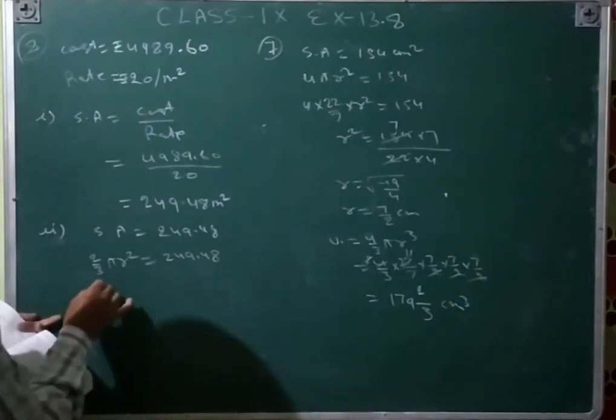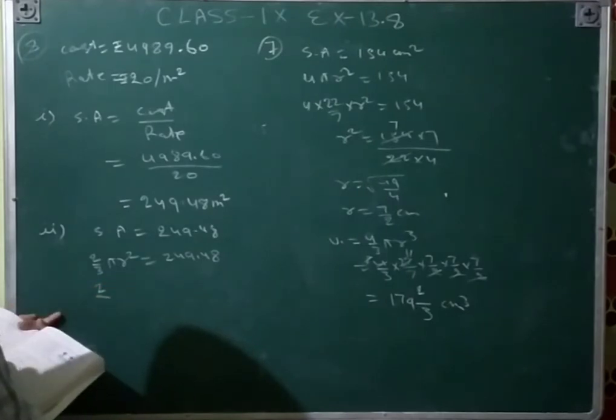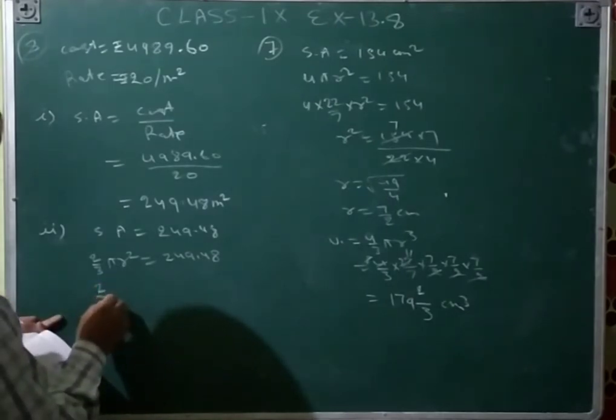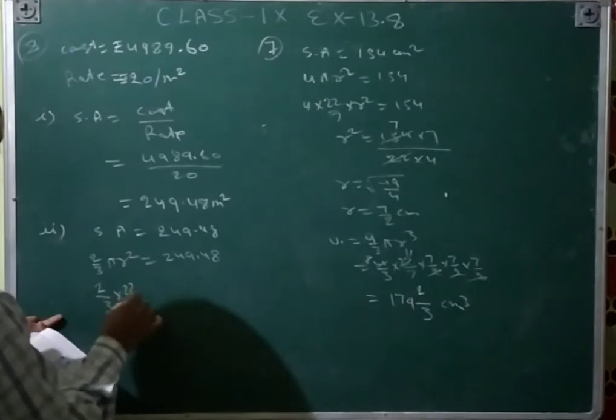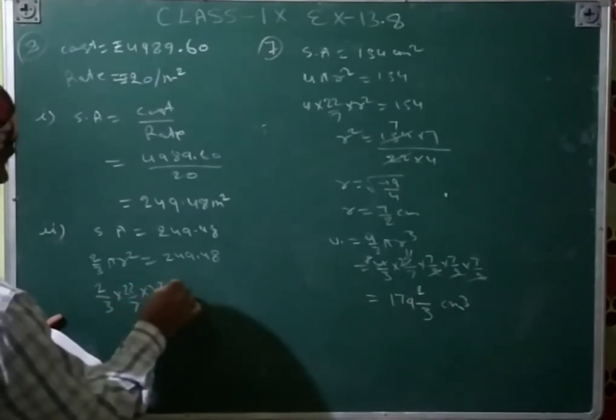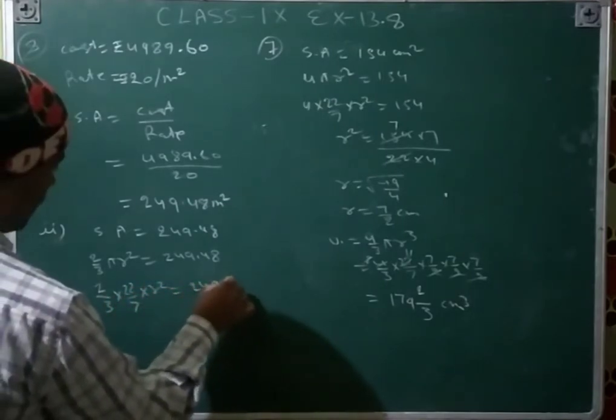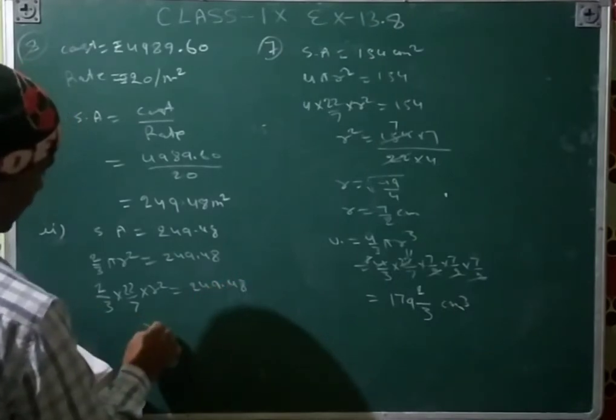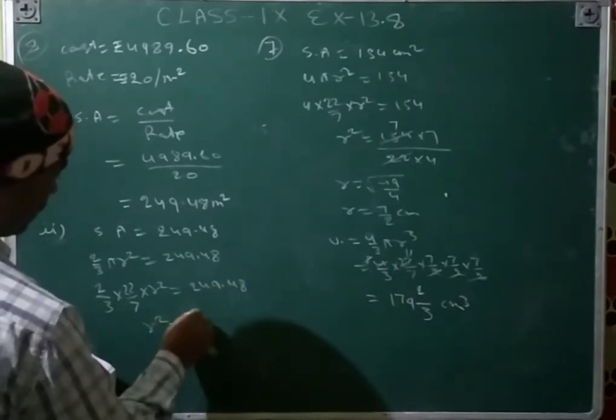The value of pi is not given here, so 2 upon 3 into 22 upon 7 into r square is equal to 249.48, and then r square is equal to